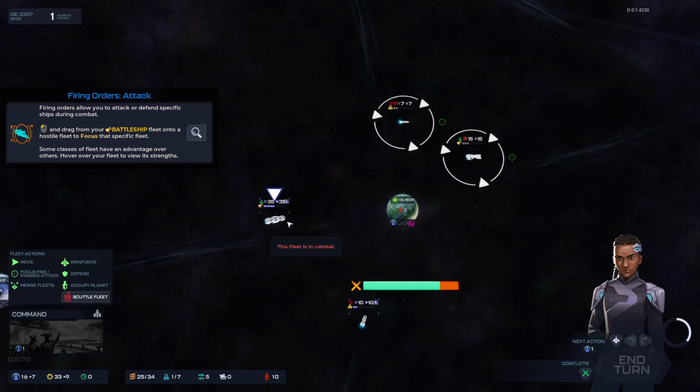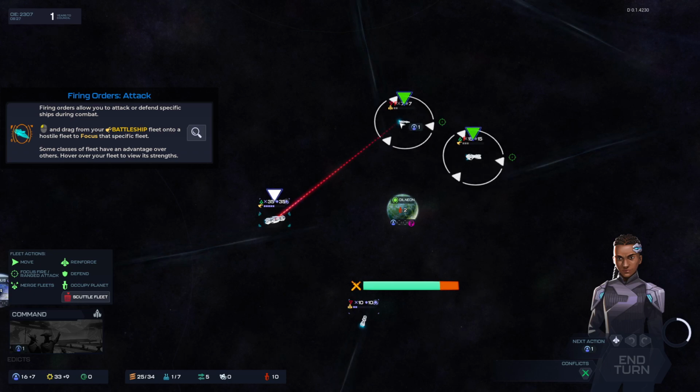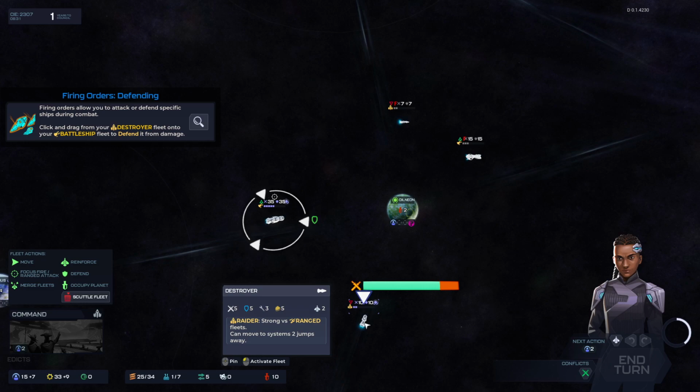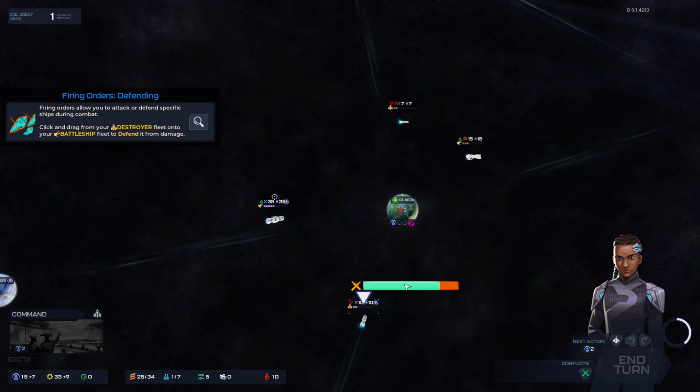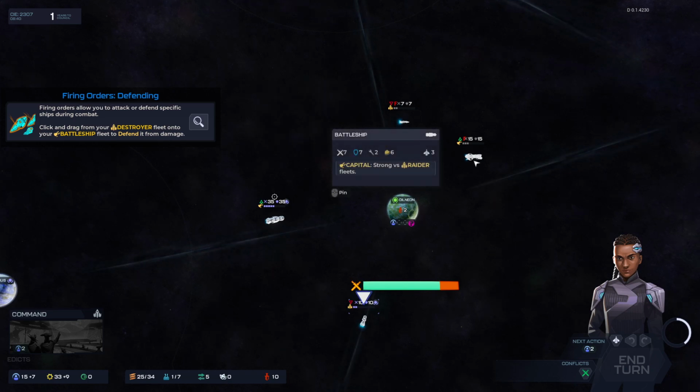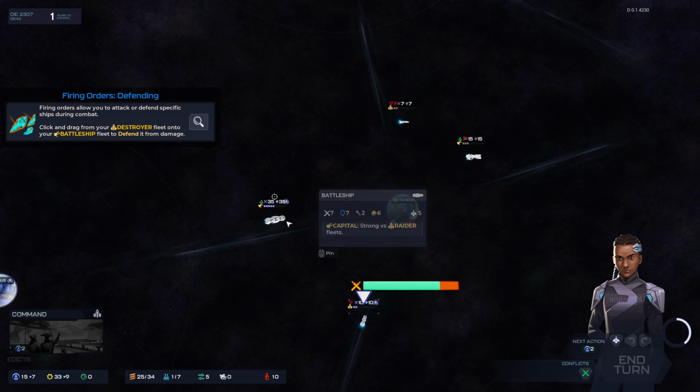So we should attack. This fleet is in combat. Attack order confirmed. You're strong versus ranged fleets. We don't really have... Oh, I don't really want to attack you with this. So maybe I should do...